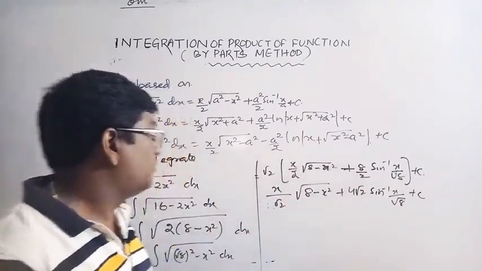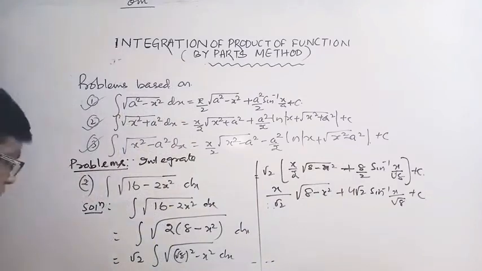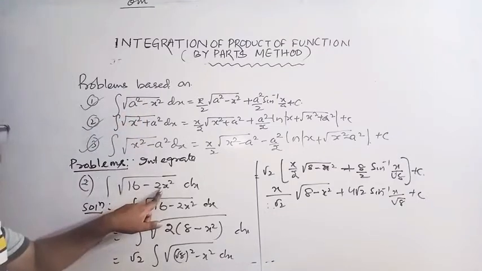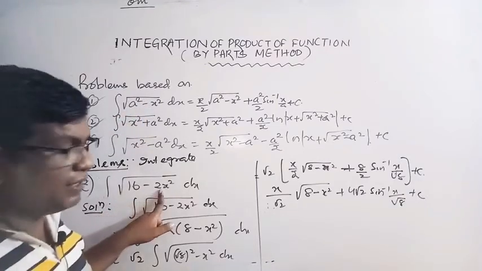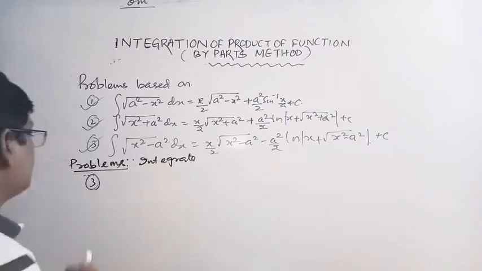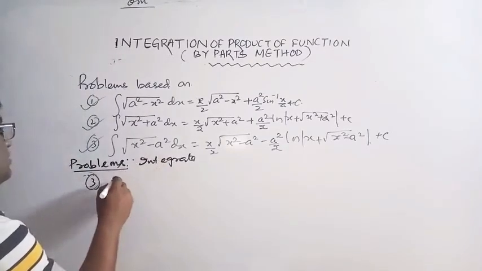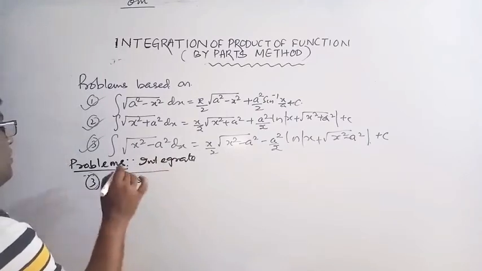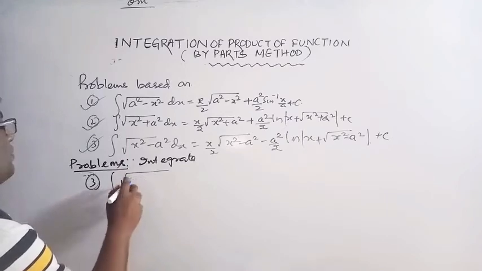Clear? So this time here the coefficient of x square is 1, but here it is 2. So make the coefficient of x square 1. Now another question. Integrate square root of 25 x square plus 25